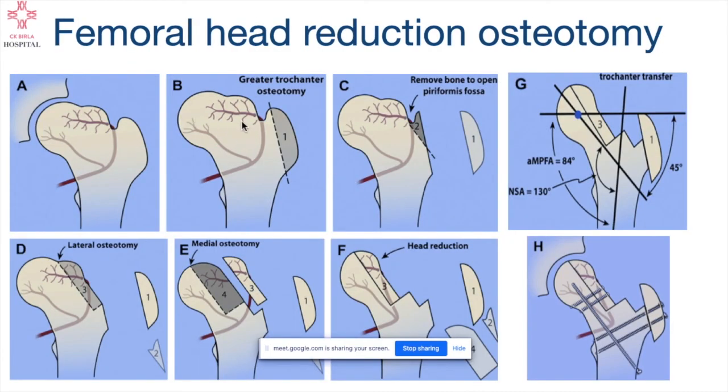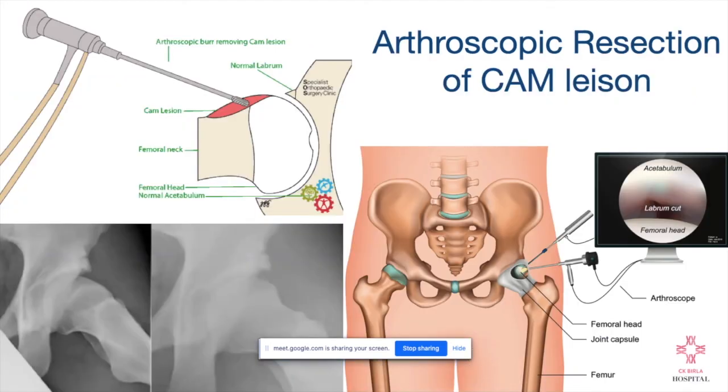Now again, the cam morphology or irregular head can be because of a sequela of Perthes, where the head shape is abnormal. I showed a Perthes case; when that child is 11-12 years old, they will have an abnormal shape, a mushroom shaped head. So sometimes we may need to do a femoral head reduction osteotomy to reshape the head to make it round so that there is no impingement. So this is a femoral head reduction osteotomy. And the same can be done arthroscopically. If there is a small cam lesion, it can just be shaved off with a burr. Right. So this is a mini way of treating the same thing.